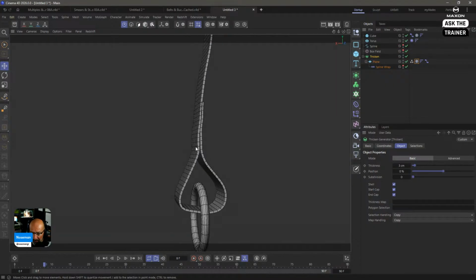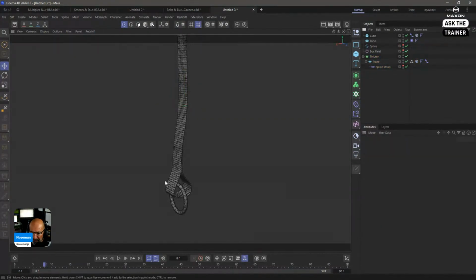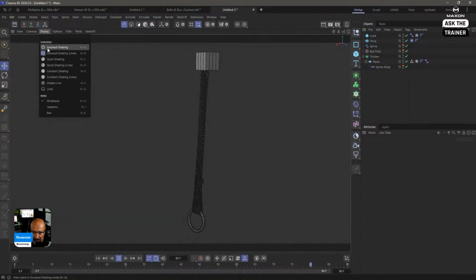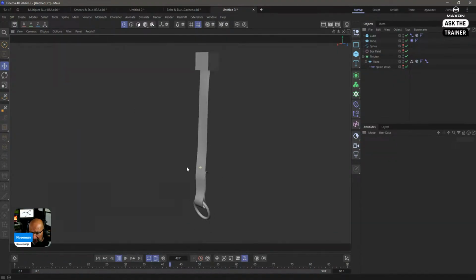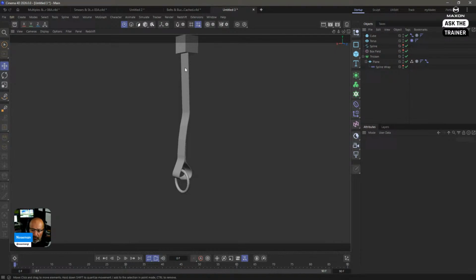And I've seen a lot of people trying to simulate ribbons by simulating this double thickness. No, no, no. When you're doing a ribbon, you don't have to do that. Just make sure that you change the priority after you cache it. And look at that. Look how nice it is. Okay. If you want it to be stiffer, just make sure that you have more iterations or fewer subdivisions and so forth. And that will get you where you need to be.